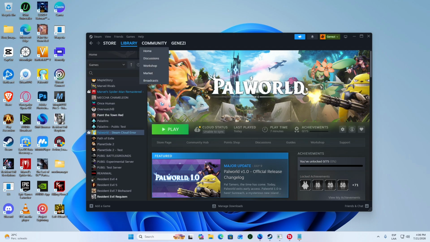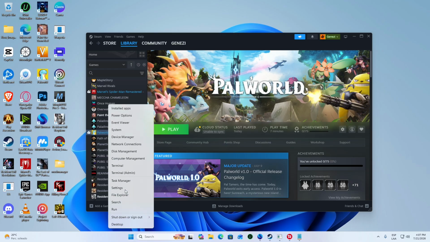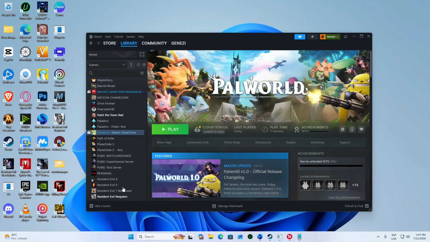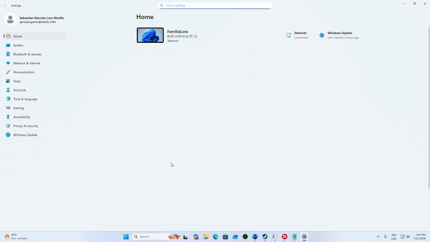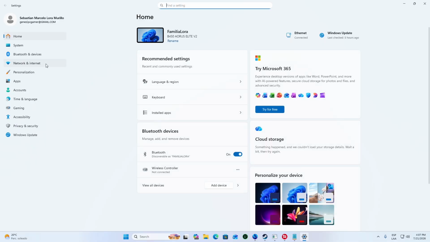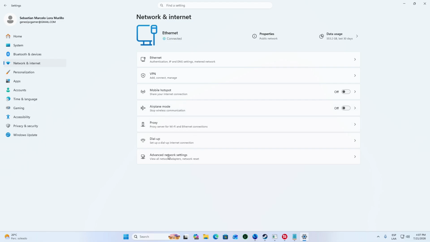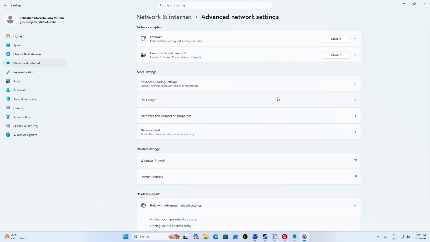Now the third method, we go to the Windows button, we right-click and we press Settings. When we are already in the system settings, we go to Network and Internet. We go to where it says Advanced Network Settings, and now we go to Network Reset, and we click where it says Reset Now.